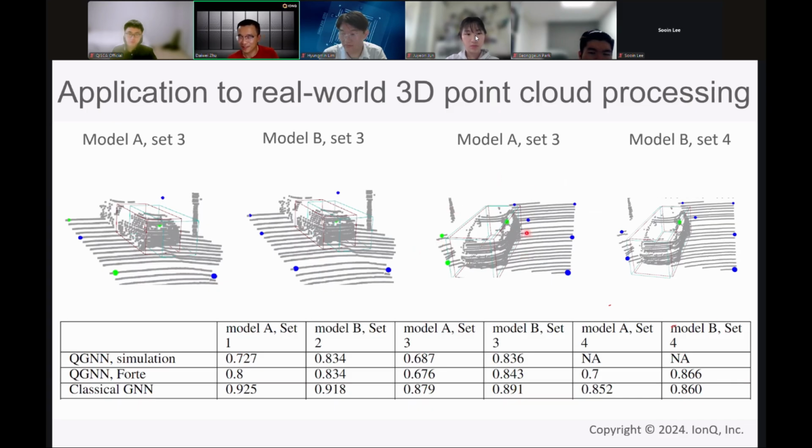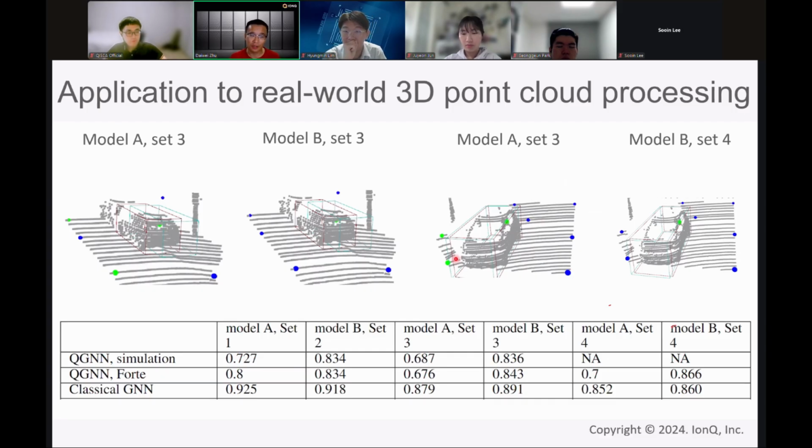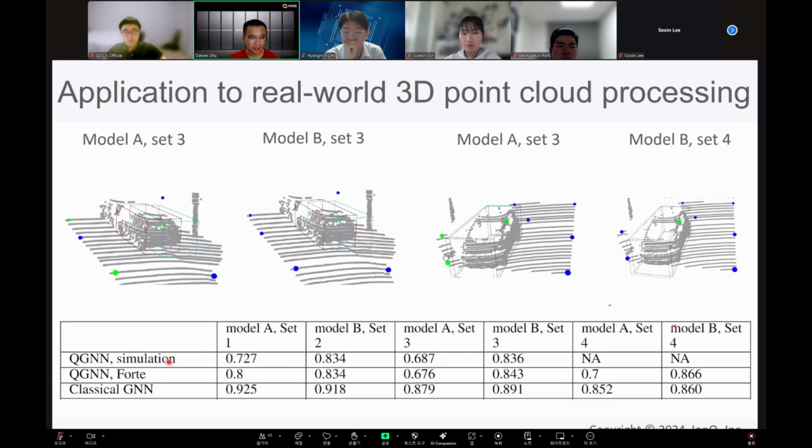Of course, take it with a grain of salt. We had a lot of classical post-processing. Quantum computers are still very weak. What you see here, the bounding box, is not directly thrown out by the quantum computer. It's a lot of classical pre- and post-processing, right? But still, we observed, at least in simulation,